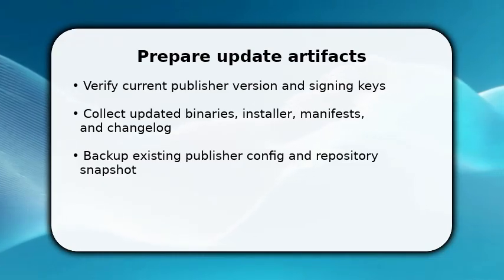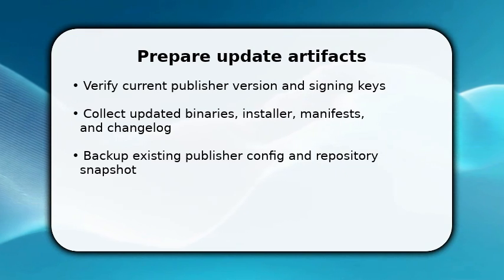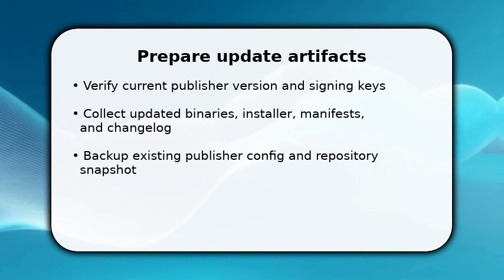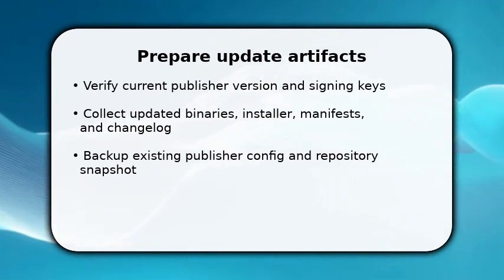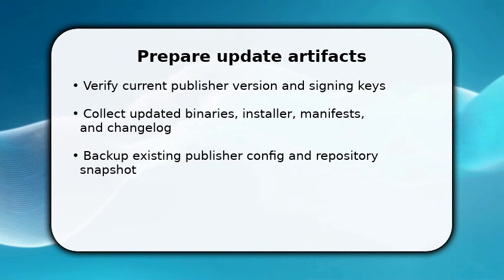You begin by preparing artifacts and verifying prerequisites so the update succeeds. Check the publisher version and confirm signing keys are valid. This avoids deployment failure. Once done, gather updated binaries, the new installer, manifests, and a concise changelog so users and